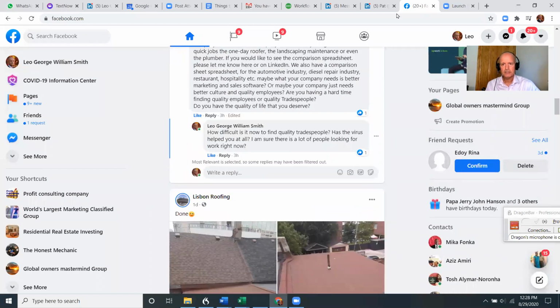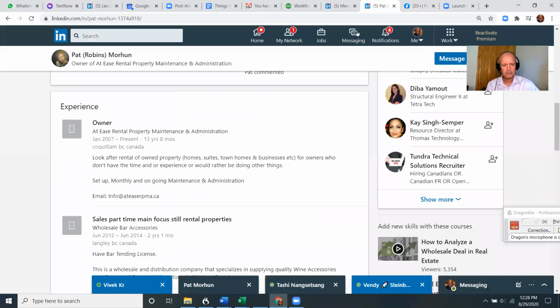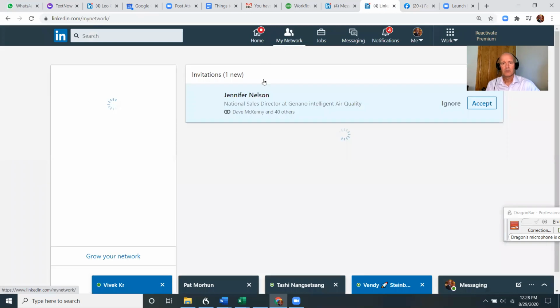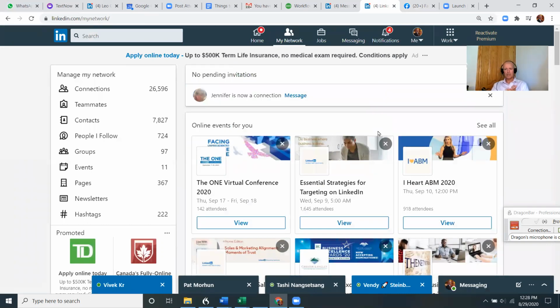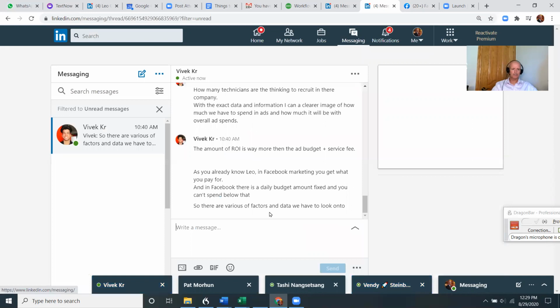Now, the other thing that you'll notice is on some of the computers, I've added Grammarly.